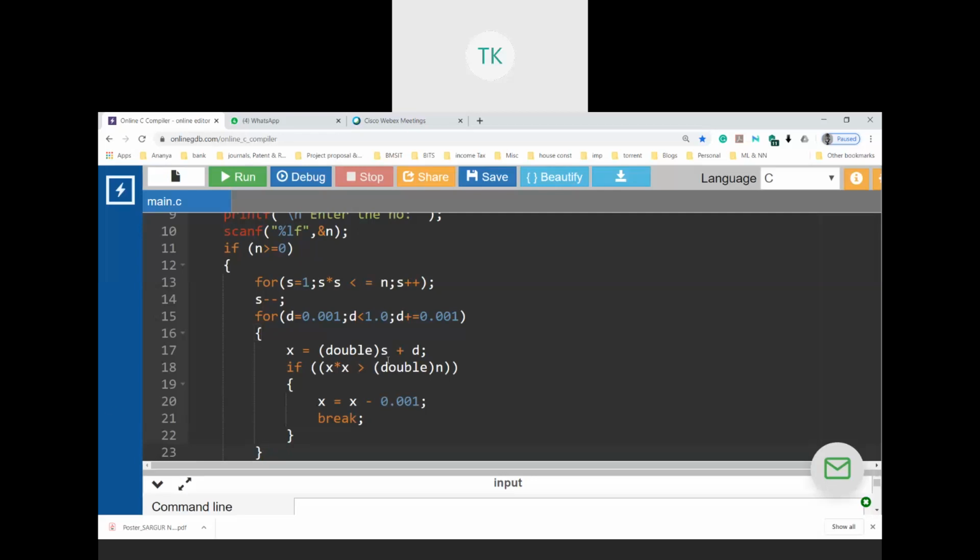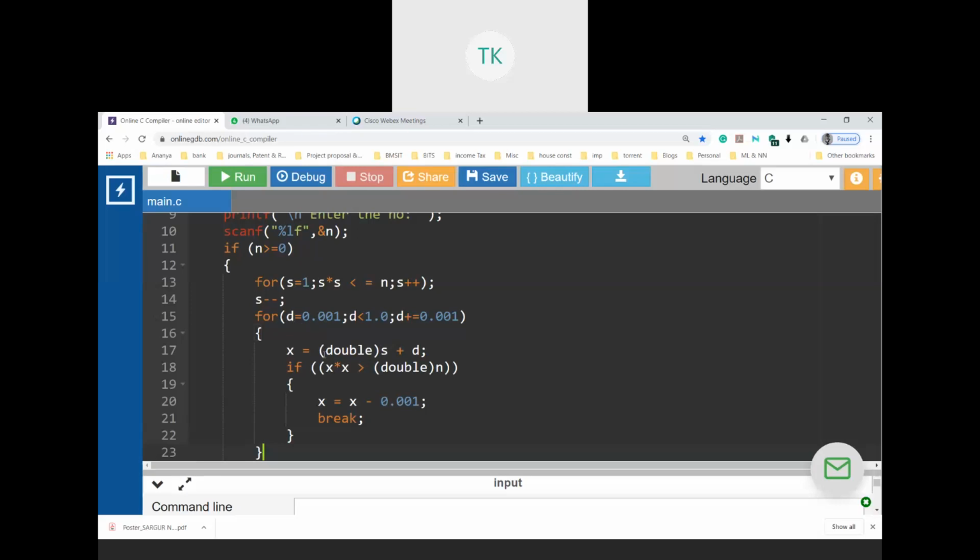So what I'm trying to do within the for loop is add S with D. First time my X value would be the value of S, which is 5, if I consider 29 as the input. 5 plus D. D is initially 0.001.